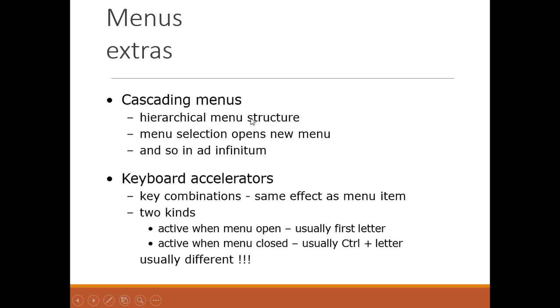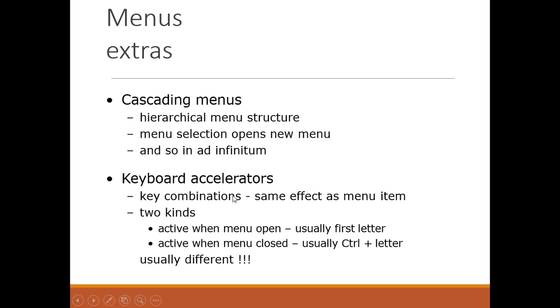Cascading menu means to group things logically, like a hierarchical menu structure: menu selections, options, new menus, and so on ad infinitum. I've already told you, if we put so many menus on our screen, it will be very difficult for the user to know which options to select and which to avoid. But if I put them in proper logical groups, then within a logical group I will select one option and then work accordingly. Fine.